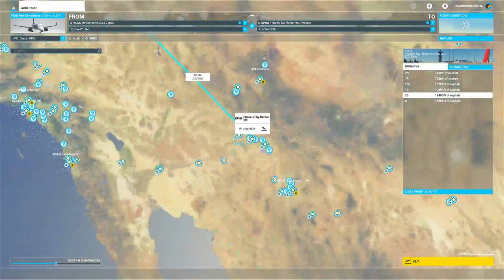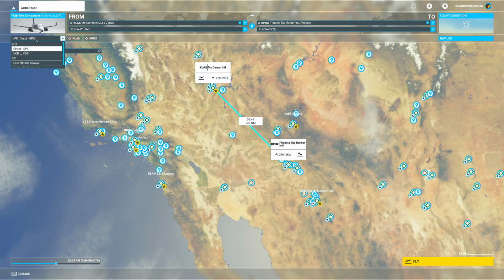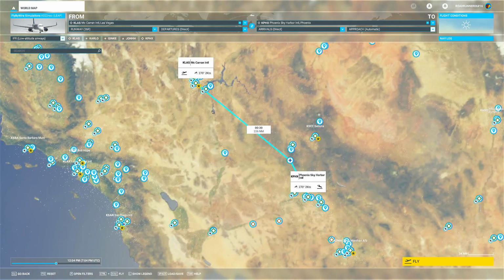H6 Phoenix. So you see it's just resulted in a direct route, VFR, direct GPS. This is not IFR, mostly because this is VFR. There are two options in IFR, low altitude and high altitude. Low altitude airways go from ground level up to 18,000 feet, while the high altitude airways are